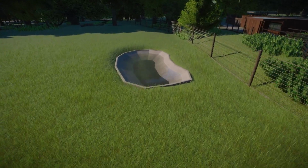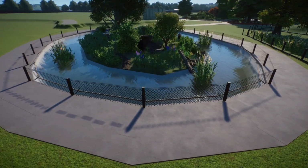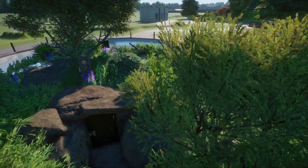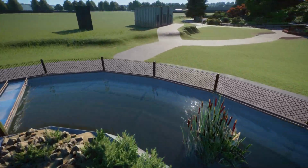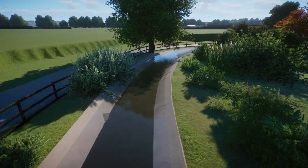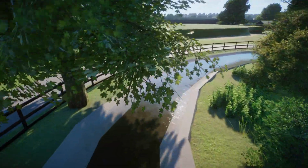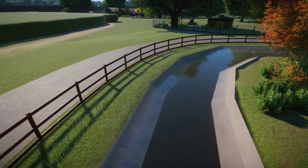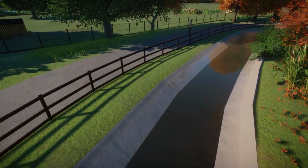Hello guys, and today is not a Whipsnade Zoo recreation video. I've actually got a lot of love for the pools and things that I've been creating, and a couple of people asking how exactly I've done the style of pool that you see in these clips here with the actual lined pools, as opposed to just doing pools with terrain and not lining them. So I thought what I would do is just a fairly simple and quite quick tutorial video on how I do them, because